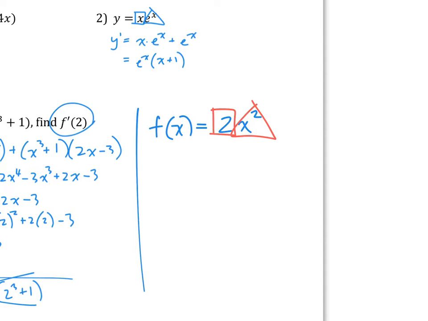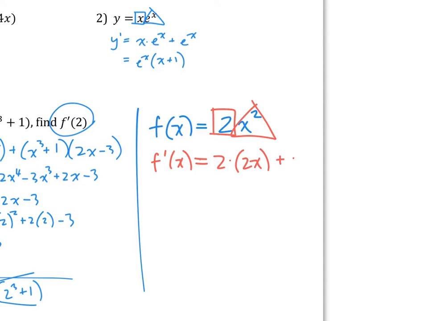Product rule can take that, but you're just wasting time. 2 is not a function, right? 2 is just a number. There's no x in there. So if you do use product rule, you would get 2 times